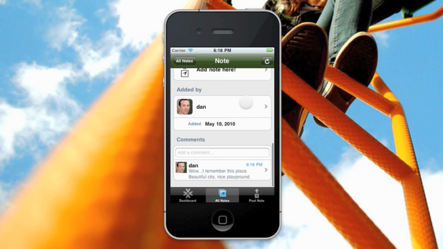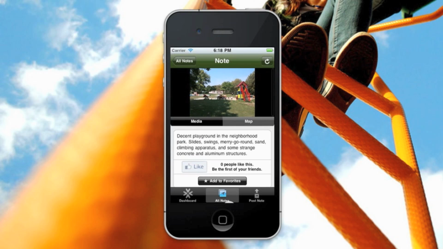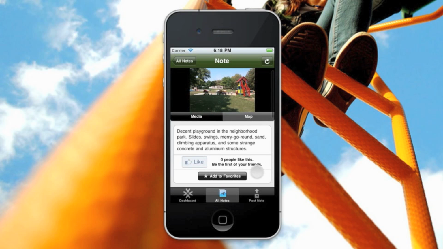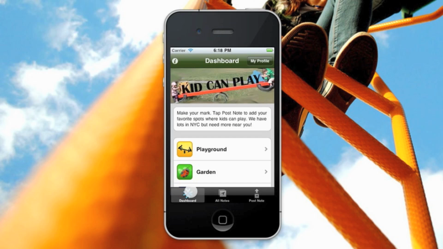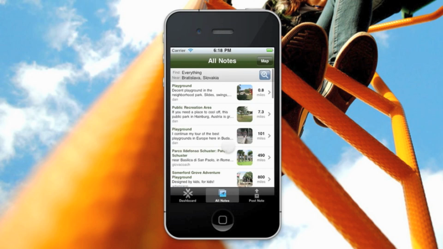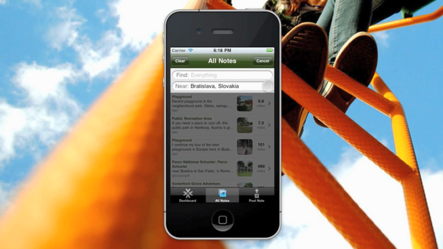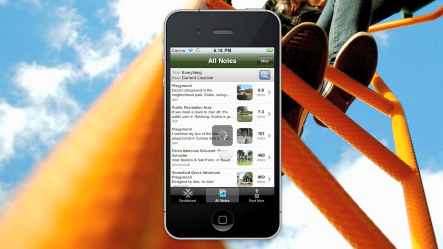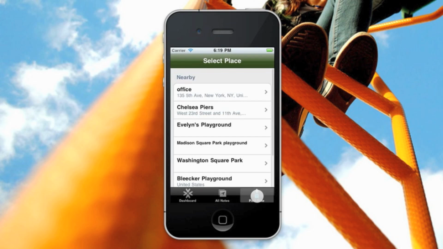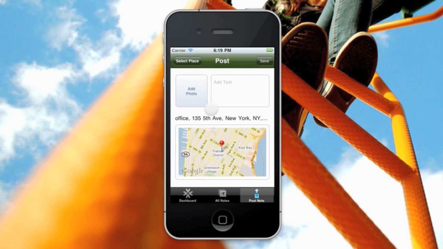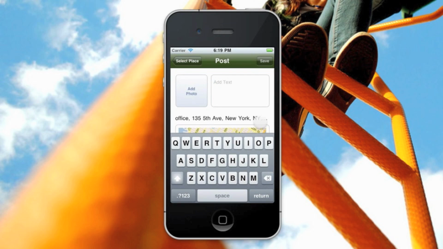Before we part, I'm going to show you one more thing, which is how to add a note. Now I can add a note right from this application, or I can add it from the admin tool. In this case, let's add it from the application. I'm going to go back to our current location. And add a note right where I am. Here's the Socialite headquarters. Not a playground, so I'll delete it later, but